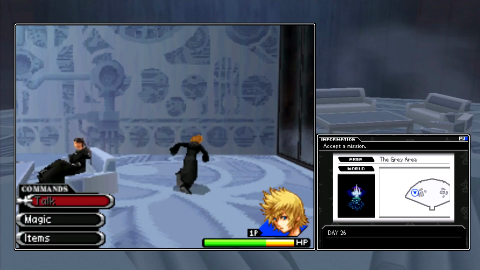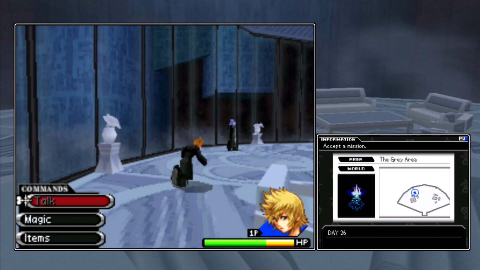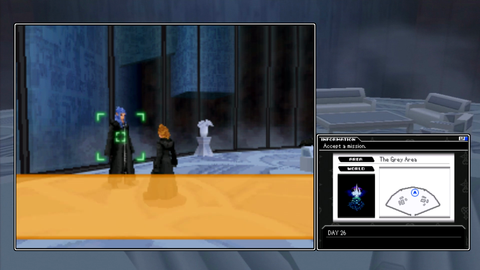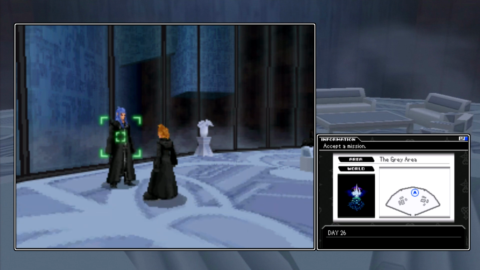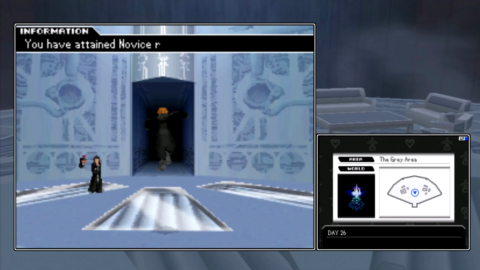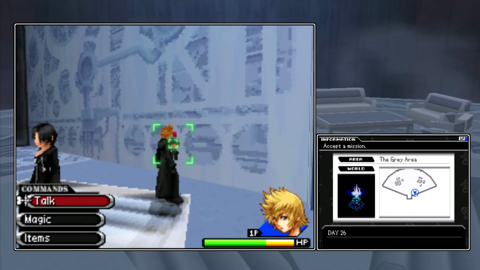If we talk to Xigbar, he doesn't really have anything to say, I don't believe. Yeah, just pretty much, are you ready? We're going to be going on a mission with him, so we're going to get to talk to him quite a bit. However, if we talk to Roxas, I'll leave the dialogue here so you can read it if you want. I'll just explain what he's talking about. Basically, he's talking about the new shop, which the Moogle is. And this is a little bit about ranks, which don't come into play too much, other than the fact that the higher rank you are, the more you can buy from the Moogle Shop. Now we've achieved the novice rank, which doesn't affect too much other than what we can do in the shop. But if we talk to the Moogle...